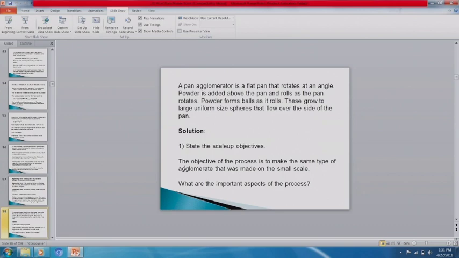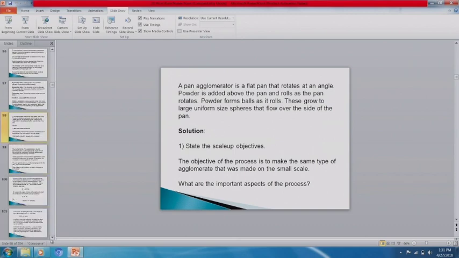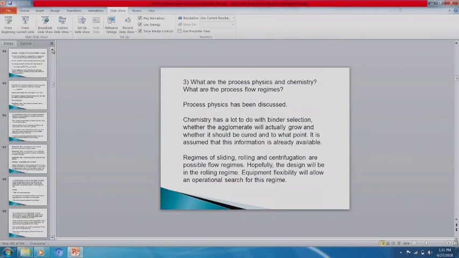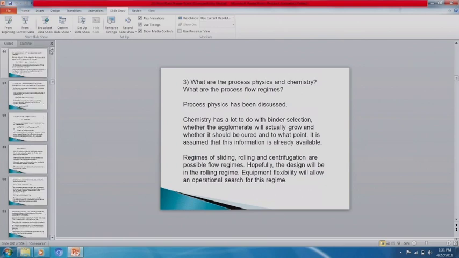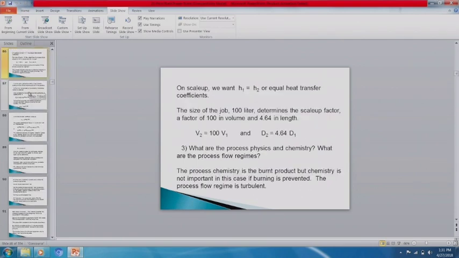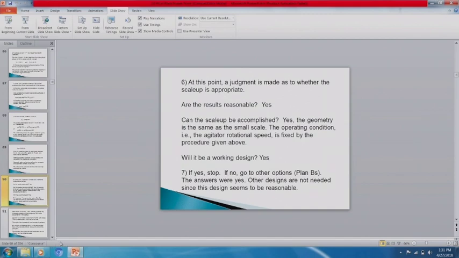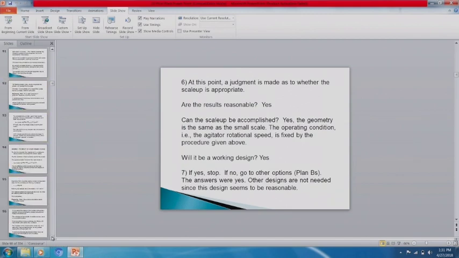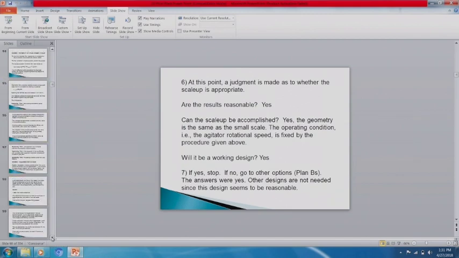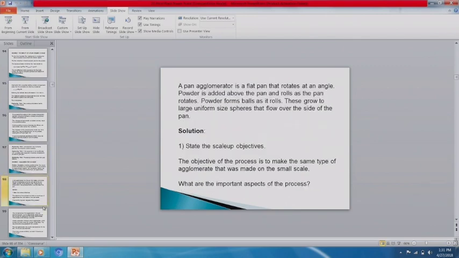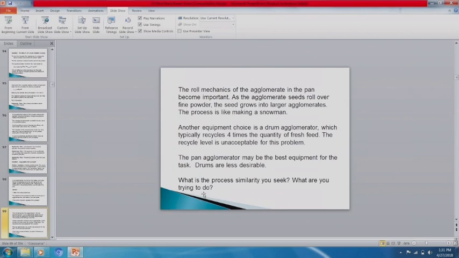Anyway, what are the important aspects of the problem? Well, let's take a look. We jumped ahead there somewhere, didn't we? Here we go. Well, I jumped backwards. Sorry. I seem to have lost myself. Here you go. I found myself. Okay. Now,